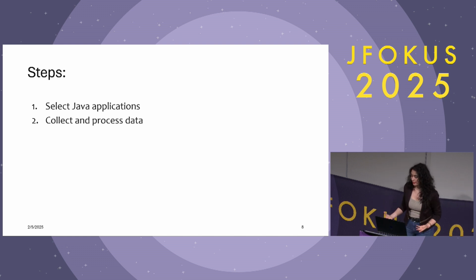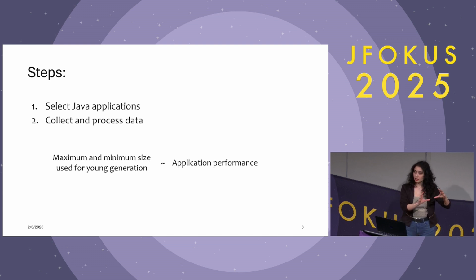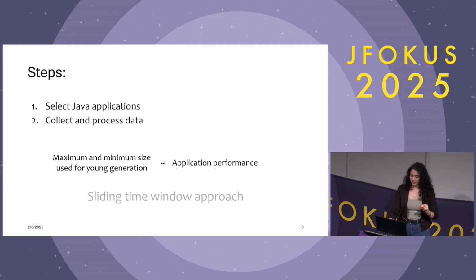Now we need to process the data and do some feature engineering so that our dataset can be ready for training. The machine learning model needs to capture the mathematical relation between the memory sizing for young generation and the overall application performance. The model will get insights about how all the objects are created, moved, stored within the memory, and how all this information affects overall output performance. To help models to capture this relation, we used sliding time window approach to